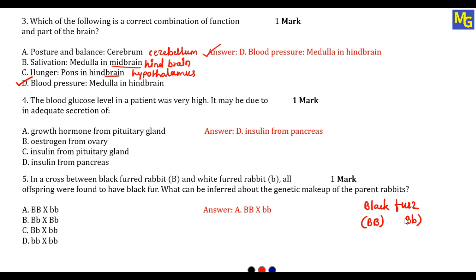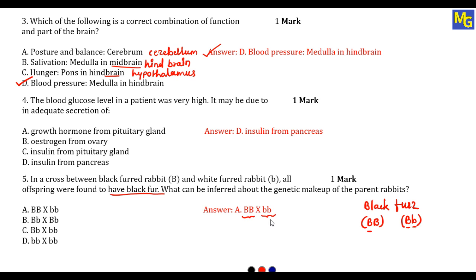Both capital B means it has black fur, no doubt, but with one capital B, capital B is dominant, so it shows black color as a physical appearance compared to the small b, because small b is recessive, it will not express its characteristics. Therefore, if in an offspring we are getting black fur, it should have at least one capital B, and this is possible if one parent has capital B and another parent has small b as a